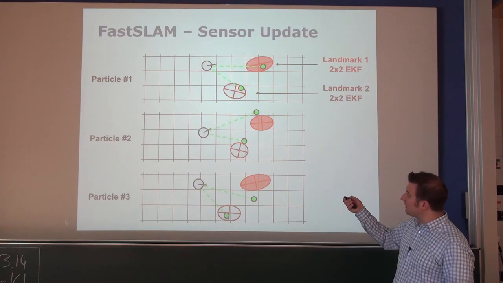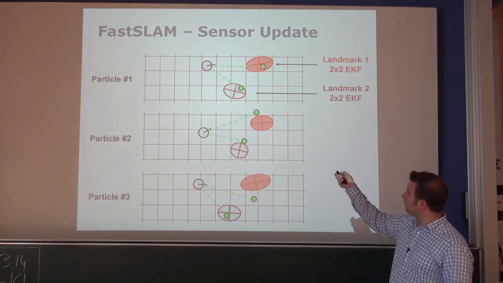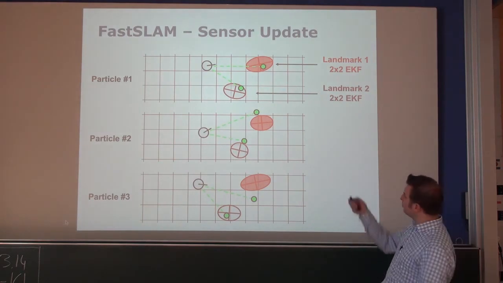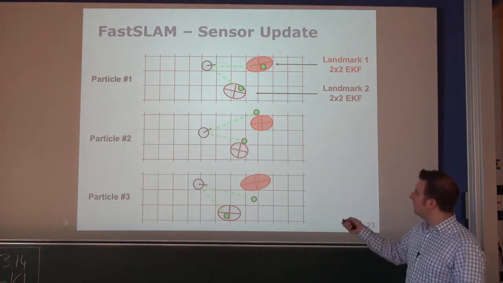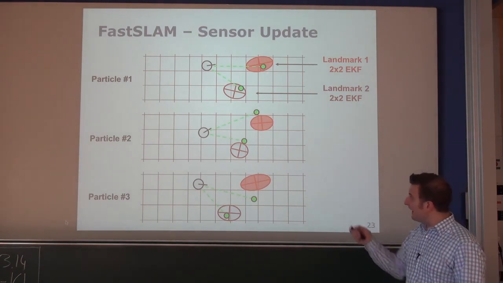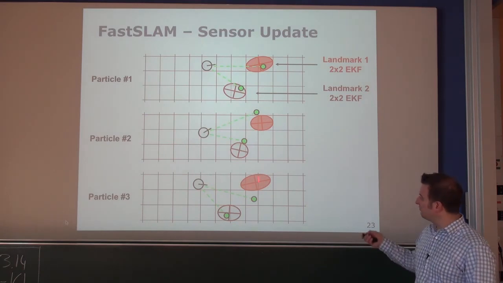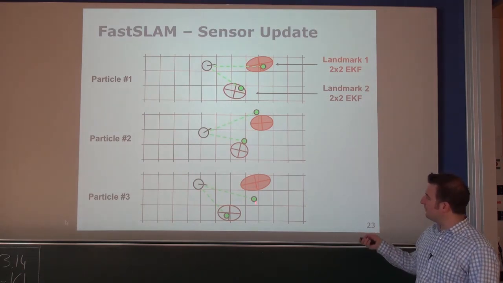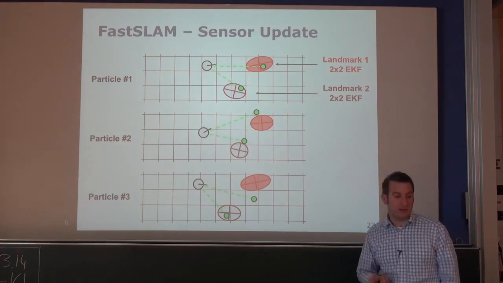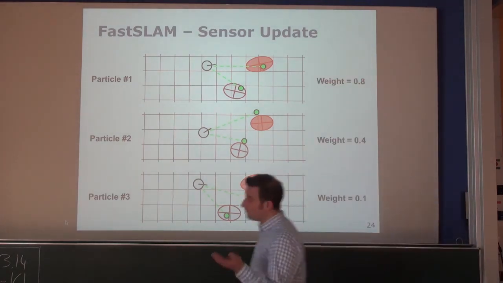Under the assumption that this observation corresponds to this landmark and this observation corresponds to this landmark, that looks reasonable. Here we are much further away from our estimates. So this particle will get a high likelihood and this will probably get quite a low likelihood. And this one, this observation is pretty far away from that landmark, so it will also get quite a low likelihood. And this is exactly what happens. We can compute